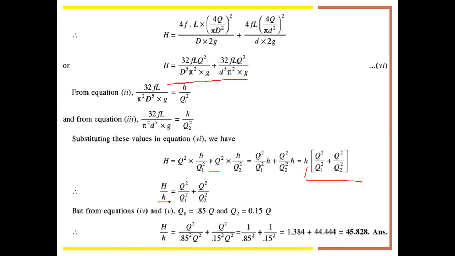Got it? Now from equations 4 and 5, what is the value of Q1? Q1 value is 0.85 Q and Q2 value is 0.15 Q. Now substituting in this equation for H by h, you substitute the Q1 value and the Q2 value. So finally you are getting 1 by 0.85 square plus 1 by 0.15 square, that is equal to 1.384 plus 44.44, therefore 45.825. Therefore the ratio of capital H by small h